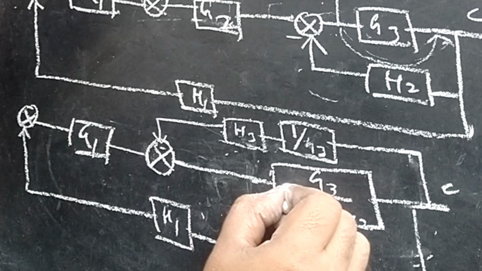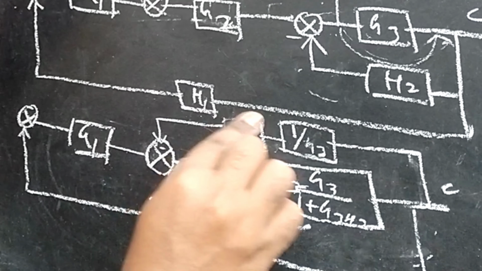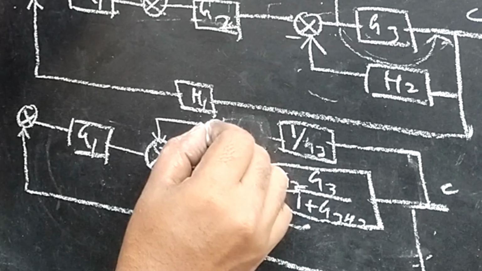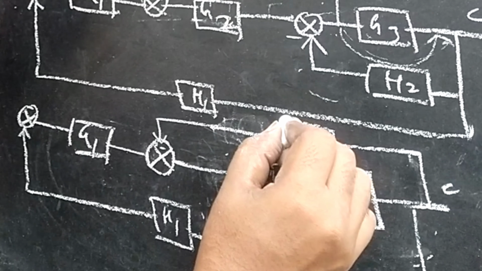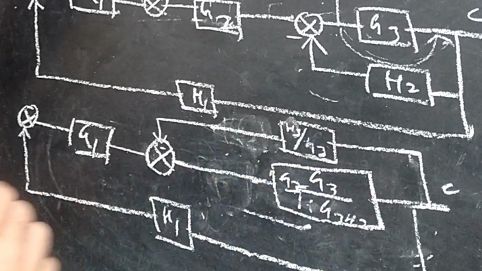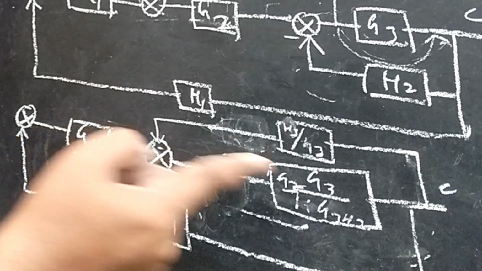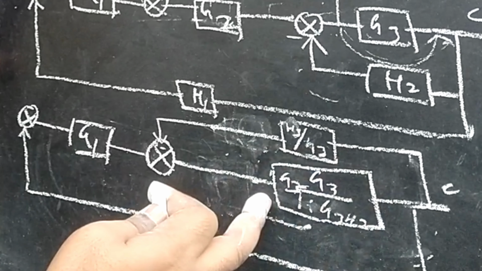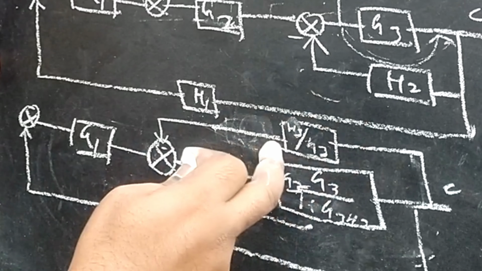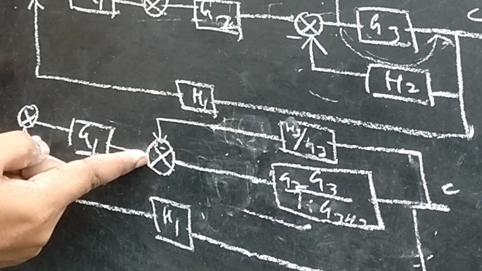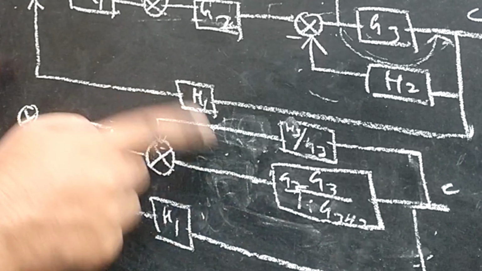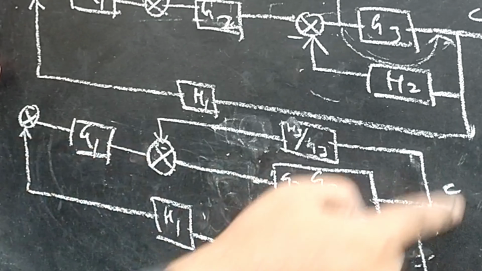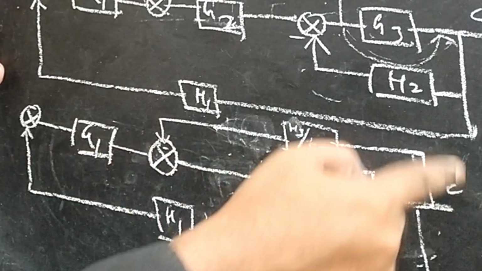Here we need to add G2 here. Here we need to add H3 here. Okay, so we got, I just cascaded these. So the cascade connection is over. Here I got one term and here I got one element. So don't think that this is a parallel connection, because it is a loop. Please remember, it is a loop.